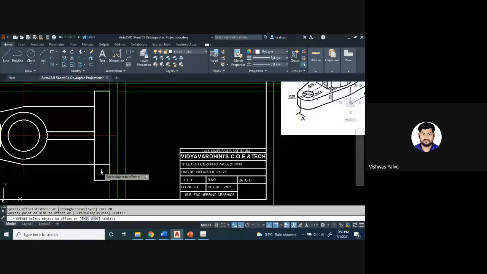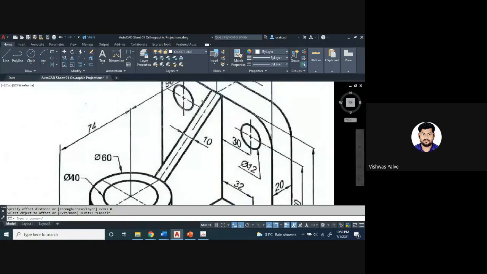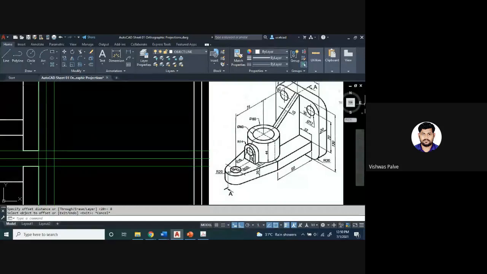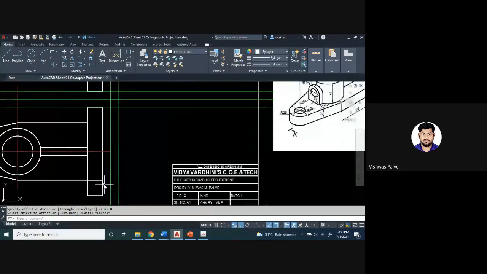Then again offset, O enter of 8 millimeter. Sorry, how much is the hole diameter? 12 millimeter. At a distance of 30. This is given at a distance of 30 from the edge. Also, you have to select that distance. L enter at a distance of 30.